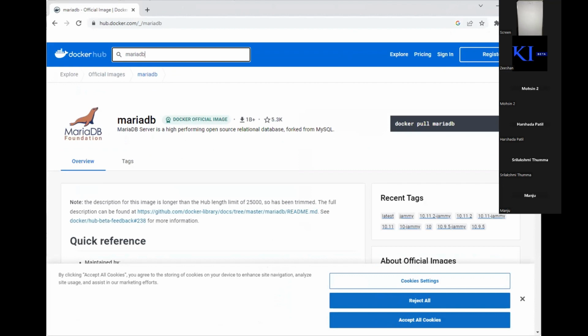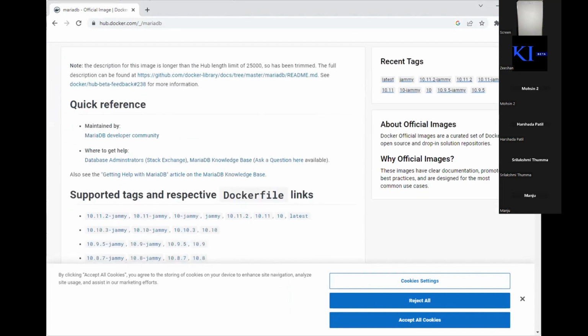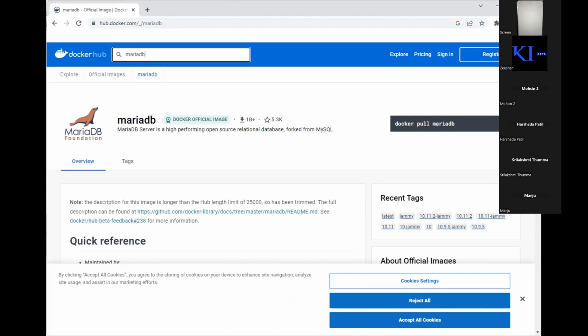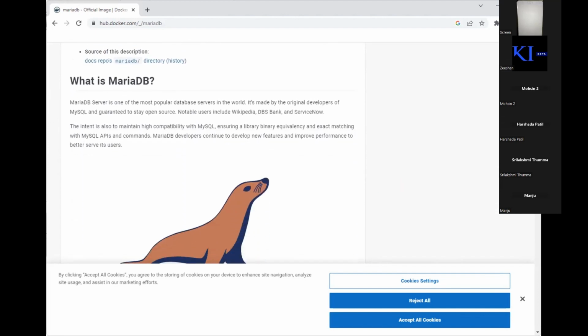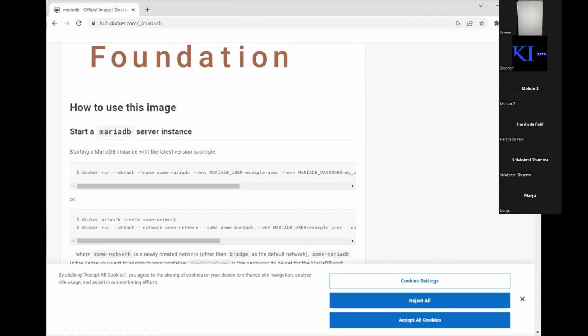So what we can do is we can pull MariaDB just like that, and we go to